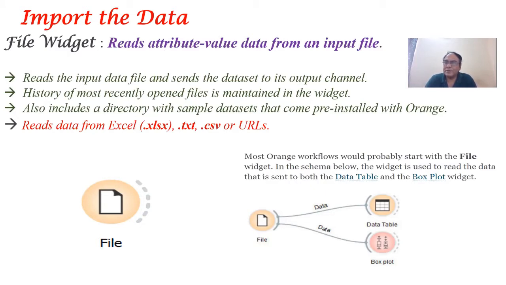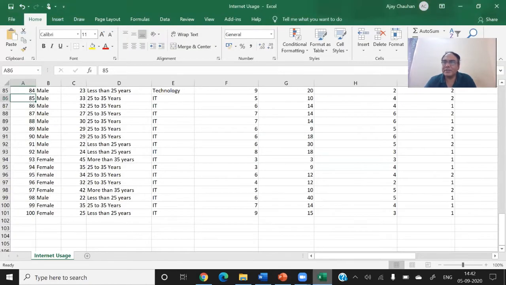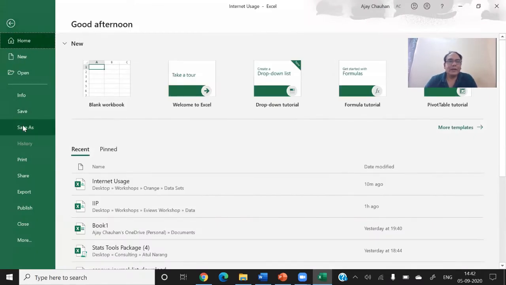And basically, CSV is an Excel file. And if you save that file with a special command, CSV, you can save that file in CSV. So now I'm showing you this icon first. Slowly and slowly, we will move to the other icons. Now I'm showing you how to make this CSV file. This is an Excel file. You just go to File and just go to Save As.